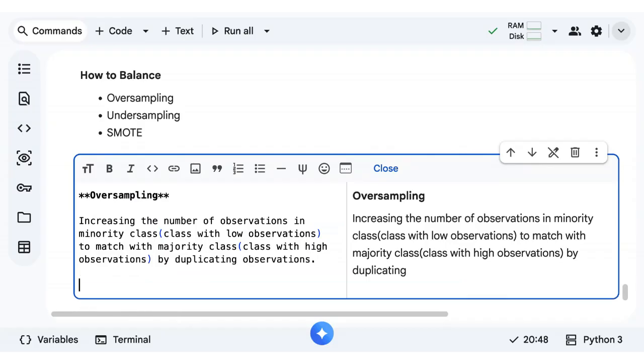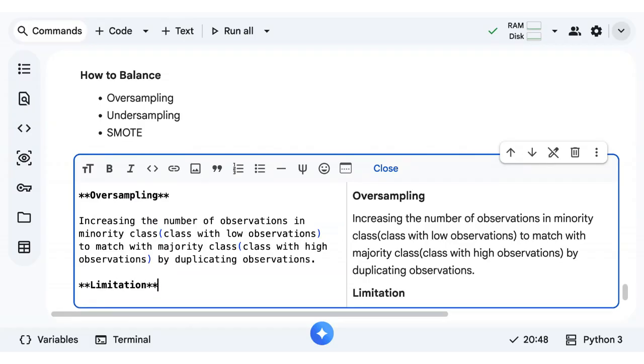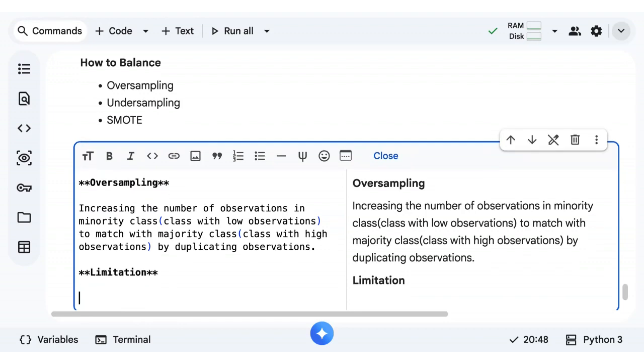What is the limitation with this concept? Don't you think when we increase the minority class to match the majority class, the duplicates will increase? What is the point in including duplicates in our data?